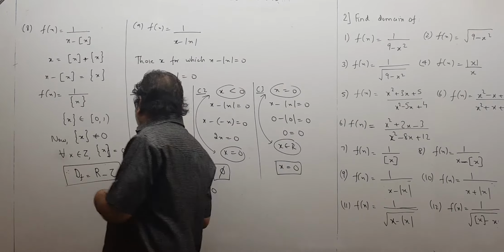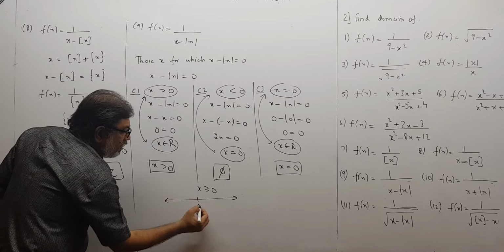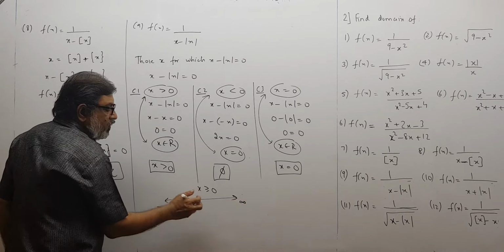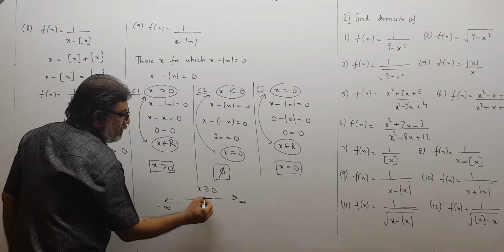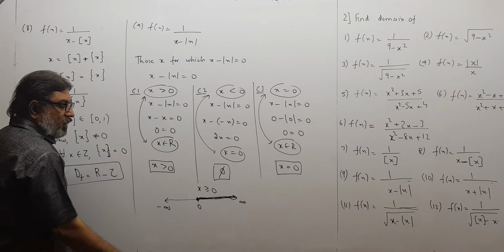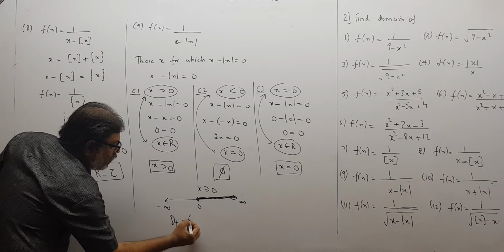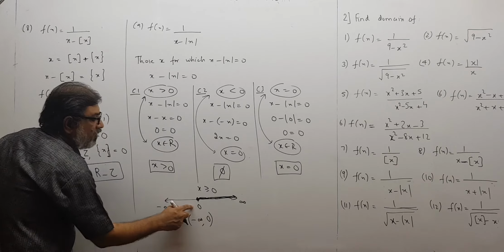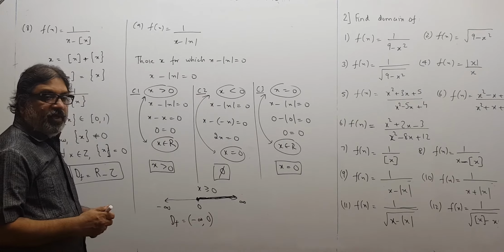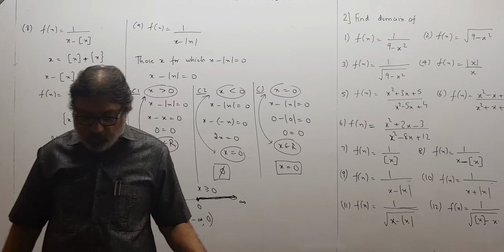So then what is the domain, children? I remove all these values. See, this is the real number line. This is 0, infinity and minus infinity. It is being told to us for these values 0 and more than 0, x minus mod x will be 0. So get rid of these values, only this much remains with me. So what is my domain? Domain is minus infinity to 0, not including 0, because 0 was included here. I don't want those. So minus infinity to 0, that is my domain. R minus set of negative real numbers. Please pause and copy, children.